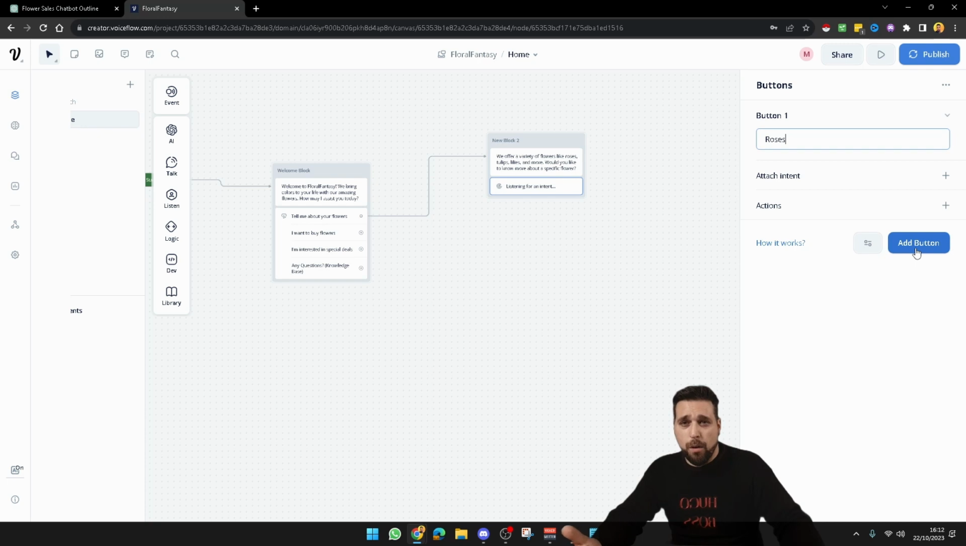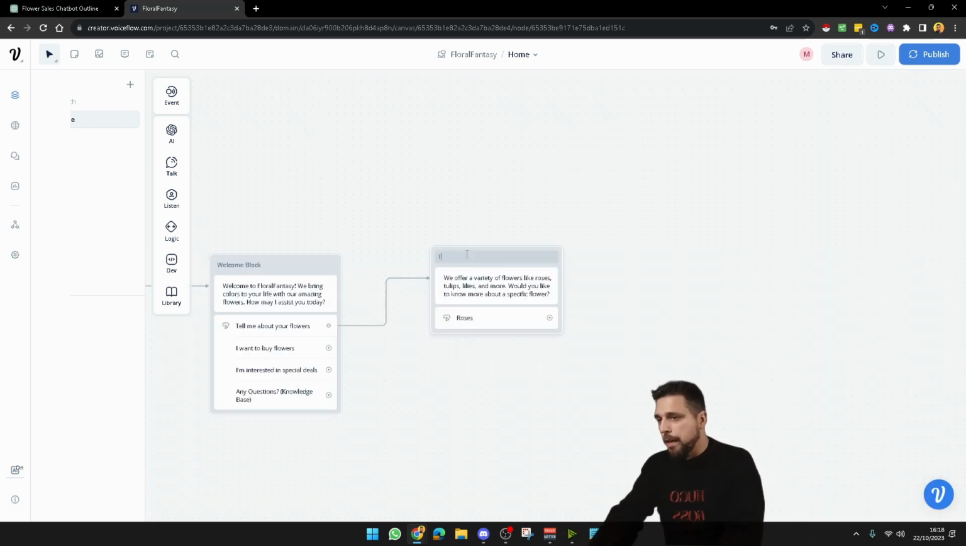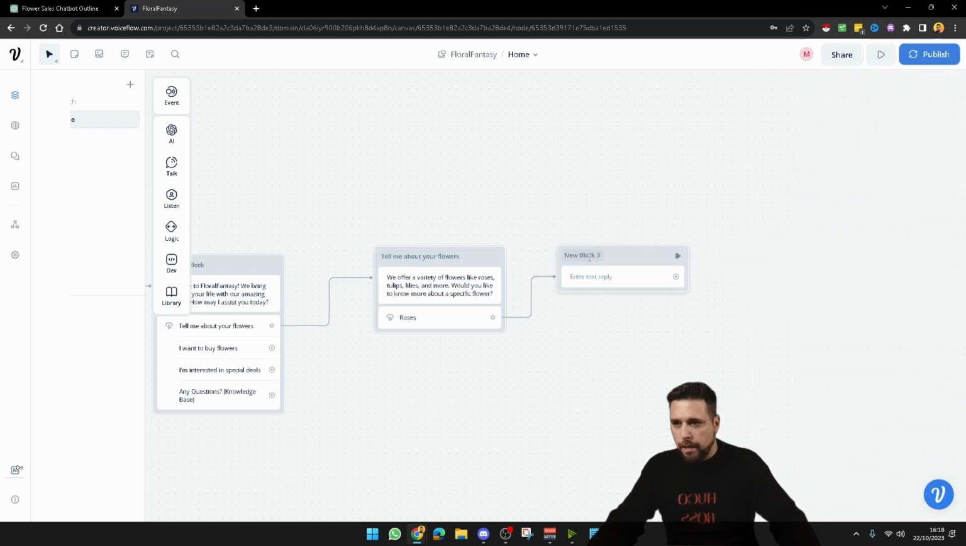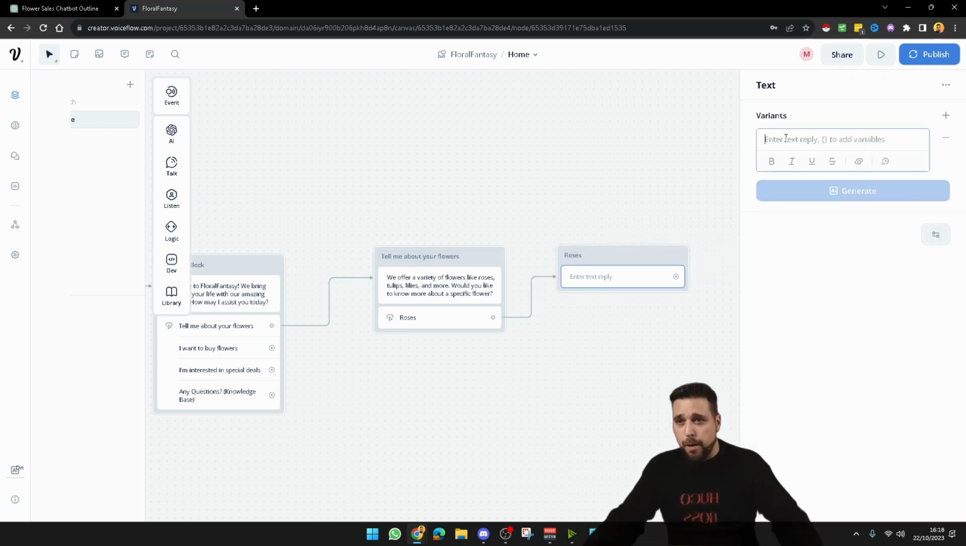But if you want to add in more, like lilies, etc., you would just go to the add button and then add the rest in. We're just going to name this block "tell me about your flowers." From here we are going to create another text block, and then we're just going to call this one "roses." Then you're going to go back over to ChatGPT and get the information that you needed,